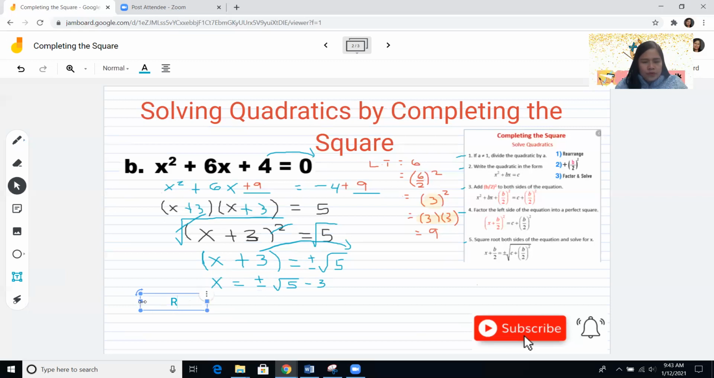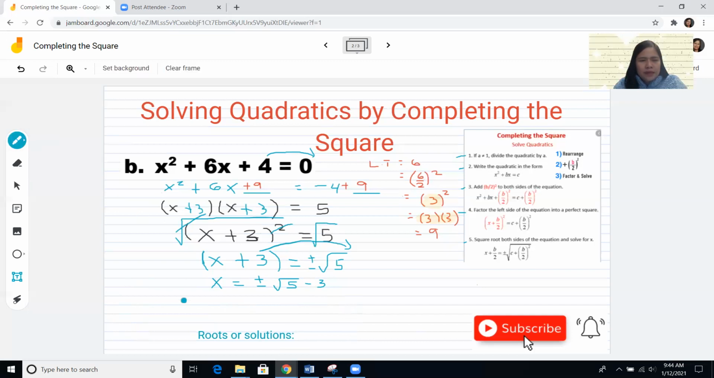So we have roots or solutions. We also call them zeros. Let me just write them. So for the answer, you may write your answer in two forms. Okay, so let me just specify them. For the first one, we'll use the positive square root of 5, x sub 1. So we have positive square root of 5 minus 3. And the second one, we'll use x sub 2. We have negative square root of 5